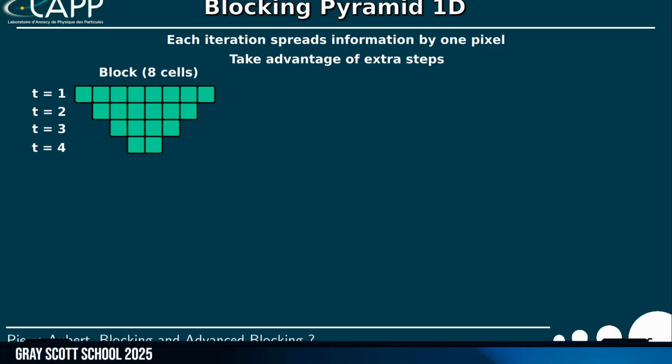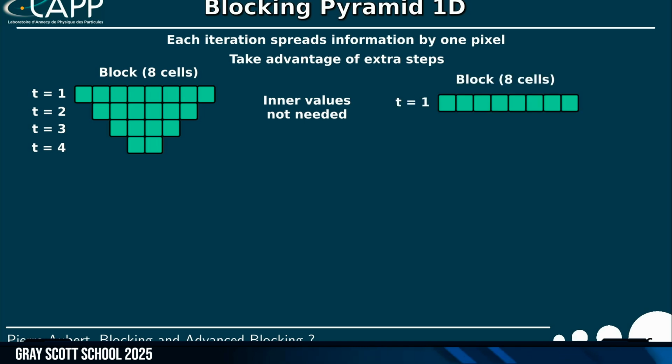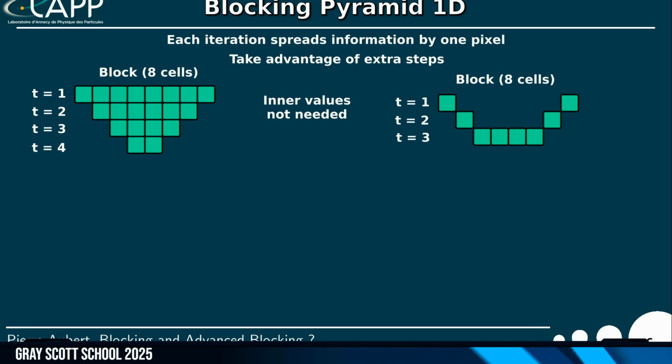It's much better. And here it's quite costly, but we can think a bit and say, okay, we don't need the inner value. So we can have something like this. We have the time 1, and then we update the inside, and we update the inside, and we update the inside, and we do not need more memory than before.